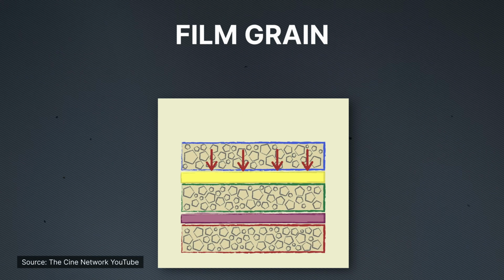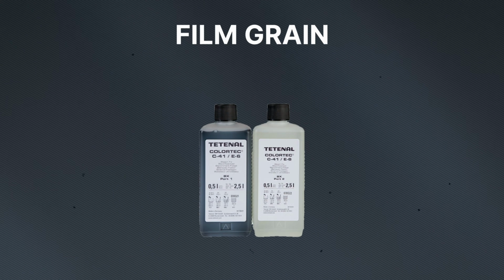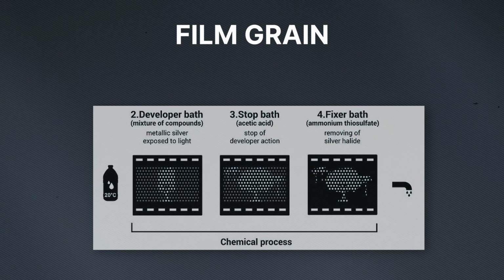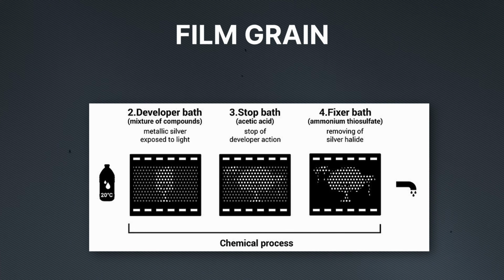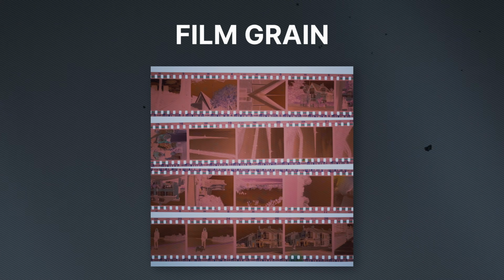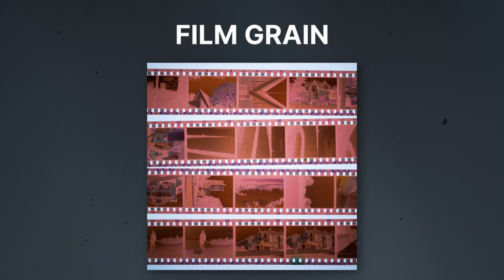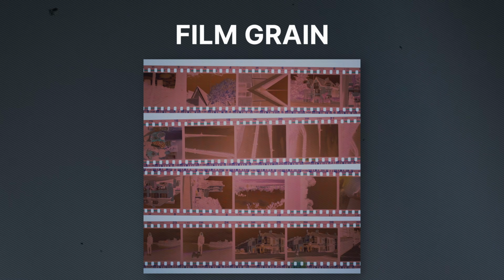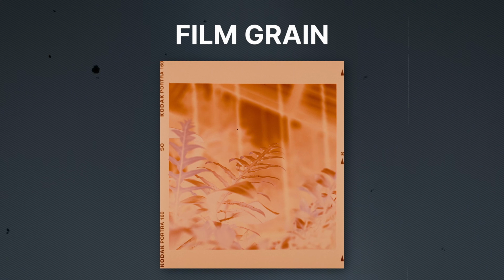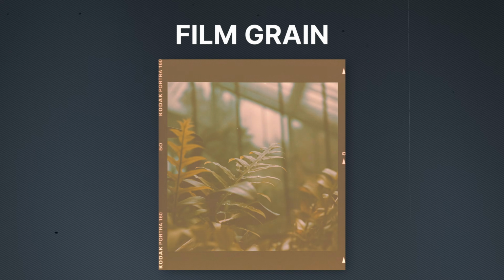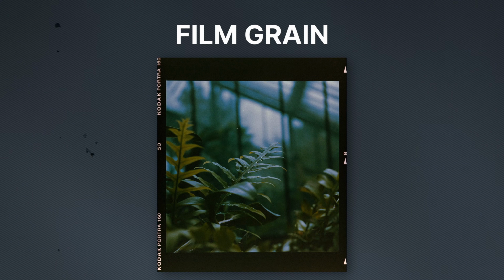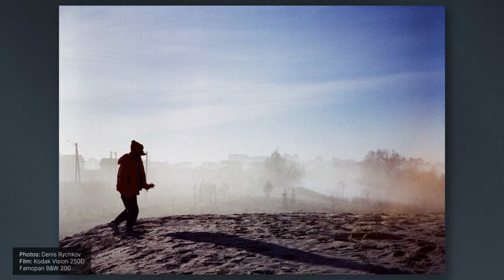When light hits the film, it causes a chemical reaction in the emulsion, creating a latent image that is invisible to the naked eye. Then, when the film is developed with special chemicals, these silver halide crystals turn into black metallic silver. The result is a visible image that looks inverted from what you have seen with your eyes. Once you print those negatives or process them digitally, what you'll get is a negative of the negative, and that makes a positive. What matters to us is how the grain is distributed over the tonal range.